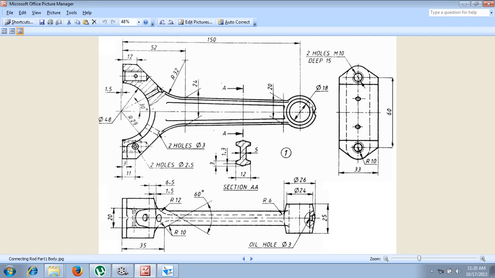Now after that we have to complete this portion. Before that we have to construct this one. Now you can see the internal diameter is 18 millimeter. This diameter is given as 24 and this diameter is given as 26. That means from here to here it is an inclined line. So we need to draw the sketch of this one, a small horizontal line, an inclined line, and a small horizontal line. It is at a distance of 151.5 millimeter from the datum plane. The distance from here to here is 18 by 2, that is 9 millimeter. From this point to this point is 24 by 2, 12 millimeter. From this point to this line is 26 by 2, that is 13 millimeter.